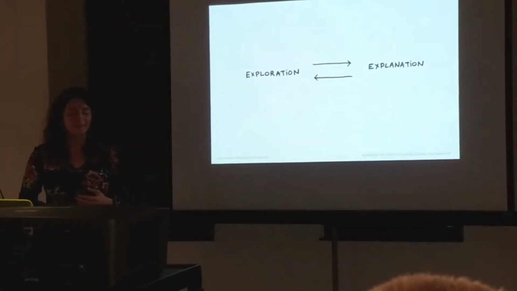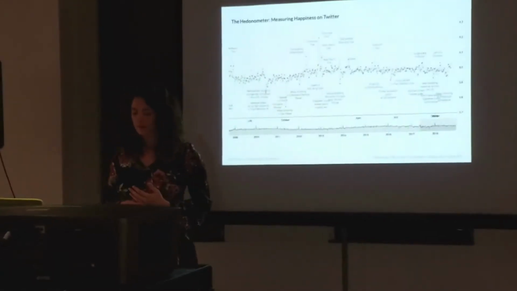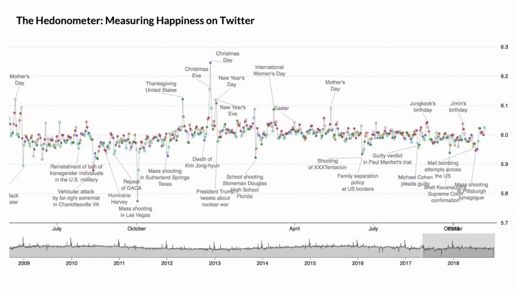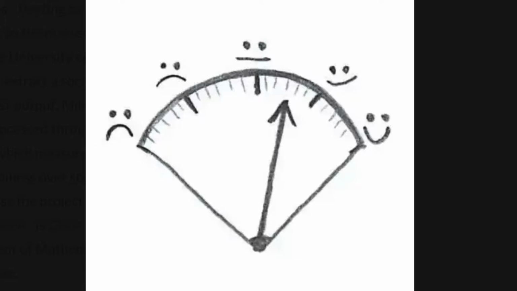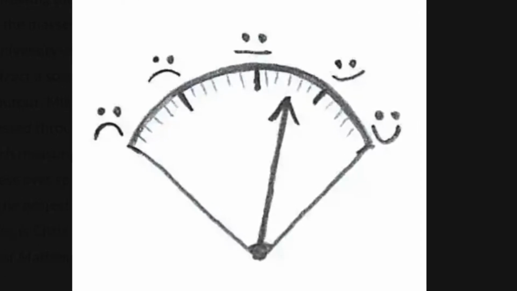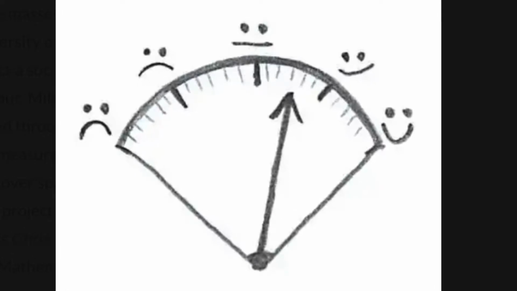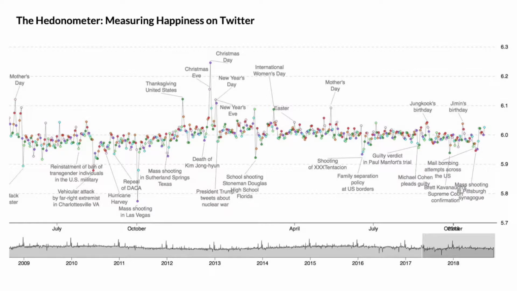So another example of my bouncing between exploration and explanation at the Complex Systems Center. Some of you may be familiar with the hedonometer. This is an interactive website where at the Complex Systems Center we get a random 10% of all tweets every single day. And a couple years ago we did this study where we had 100,000 people on the internet ranking the 10,000 most used words in the English language on a scale of 1 to 10 from how unhappy to happy they were. And then by taking those average rankings and applying them to tweets, we were able to get these average word scores for every single day.